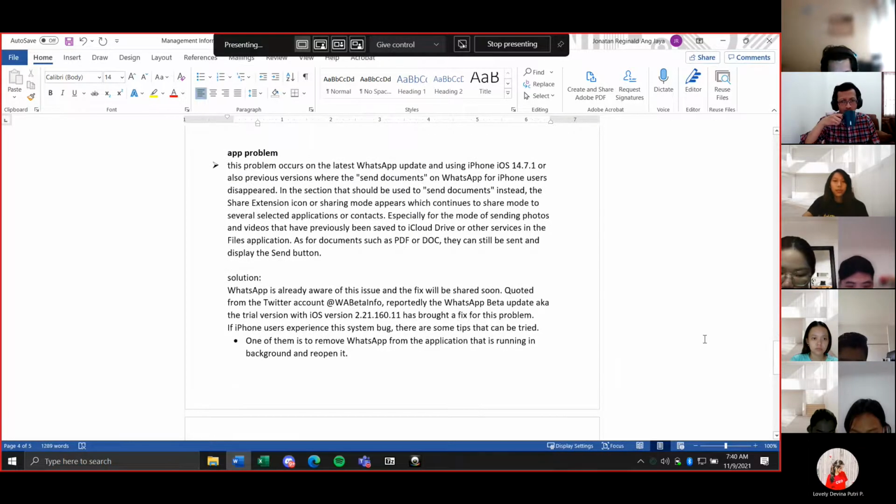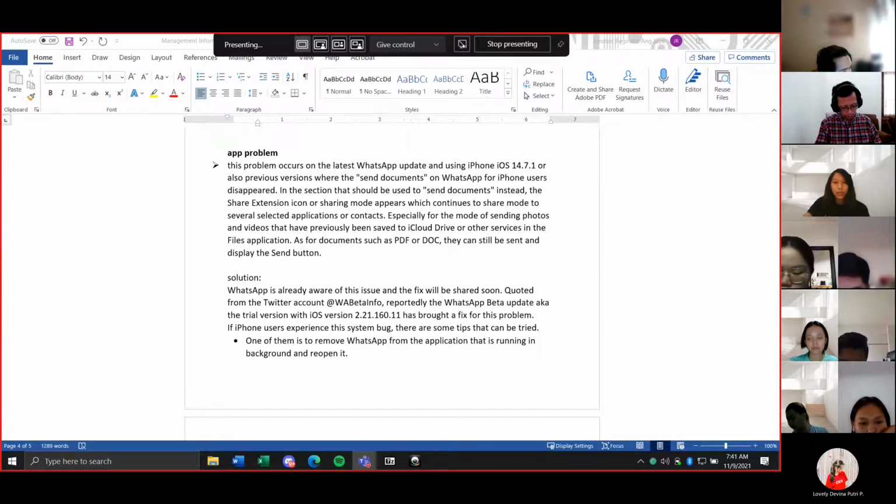Then the last problem for iPhone 8 is an app problem. This problem occurs on the latest WhatsApp update, using iPhone iOS 14.7.1 or also previous versions, where the send document option on WhatsApp for iPhone users has disappeared.